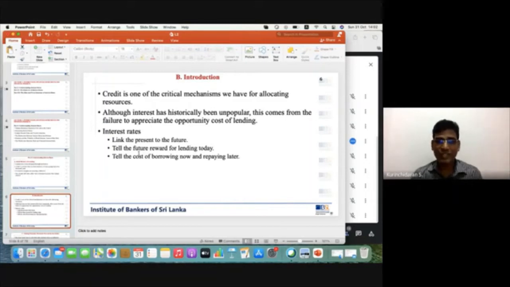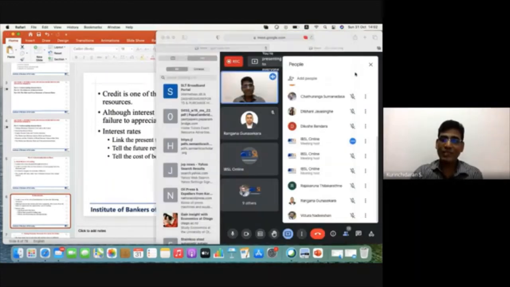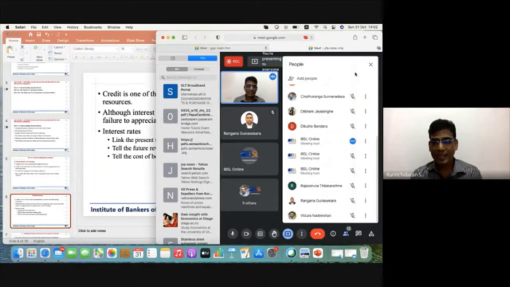So when you understand the interest rate, you have to have the understanding on three fronts. Interest rate links the present to the future, or it may be working as a reward to the lending, or as a cost of borrowing. So whatever the case, when you understand the interest rate, you should think of all these scenarios when you make decisions. Is that okay? Is that clear? So always think of your interest rate behavior together with those economic factors or agents' behavior, right? Okay, so then